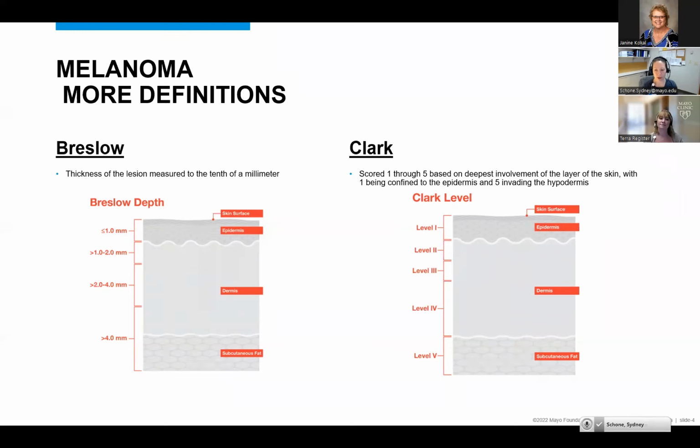Level 4 is where the melanoma has invaded the next deeper layer, the reticular dermis, and level 5, the melanoma has now invaded the fat under the dermis. So now when we're looking at these, it looks as though it's thick, but when you think about it, 4 millimeters is about half of your pinky width. The average pinky width is about 1 centimeter. So when you think about depth, half of a pinky width is when we start to get worried that it's becoming a more severe melanoma.